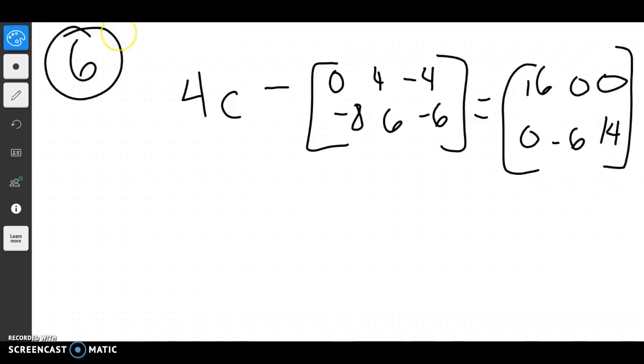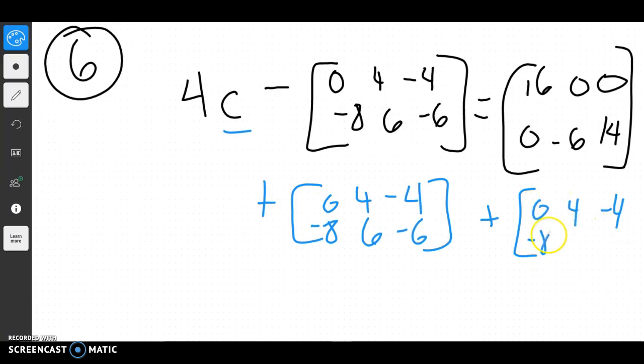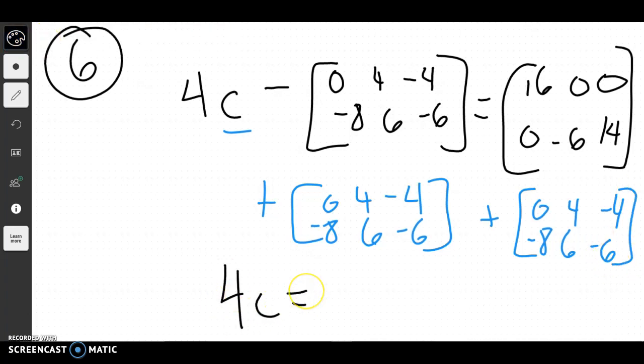Okay. Even though number 6 actually looks tricky, it's one of the easiest ones. We want to solve for c. So the first thing we would do is add this matrix right here to get rid of it on this side. And adding matrices is really easy, unlike multiplying, because you just add the like rows and terms. So we'll just add the like rows and terms, and we will get 4c is equal to, well, that's going to be 16, 4, -4, -8,